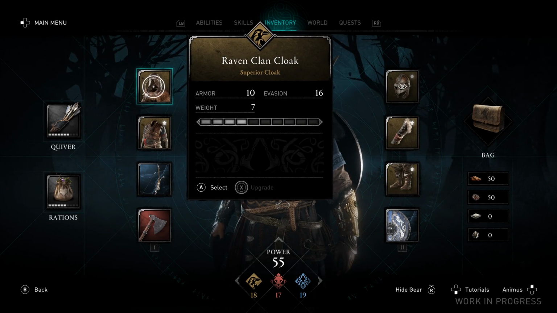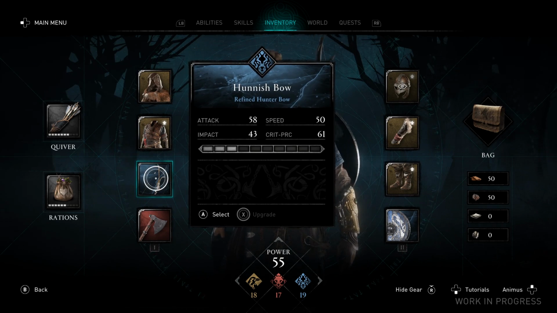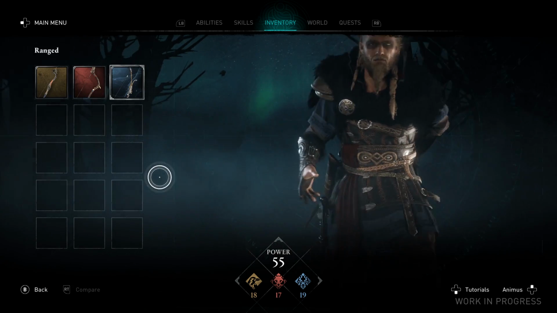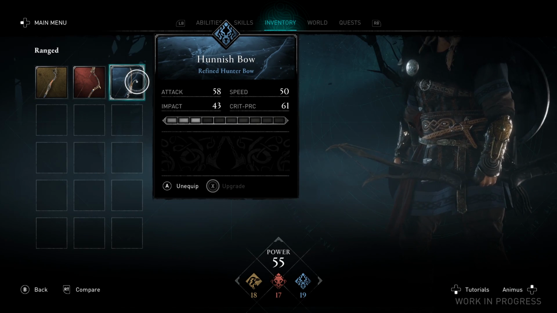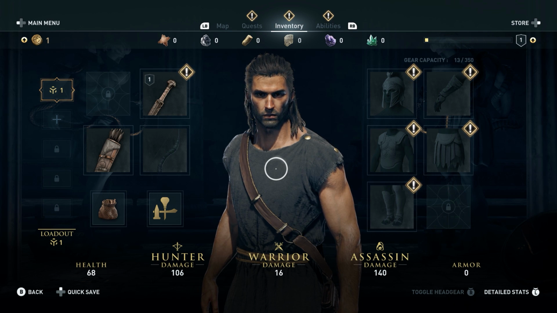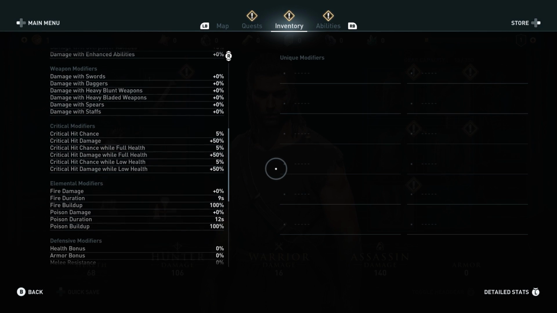You can tell which class a piece of armor or weapon belongs to based on the color and the icon in the inventory screen. I wasn't able to experience the effect of specializing in a certain archetype in the demo, and those stat increases weren't reflected in any numerical value that I could see. I'm hoping Valhalla has a detailed stats page like Odyssey where you can see everything, the effects of all the